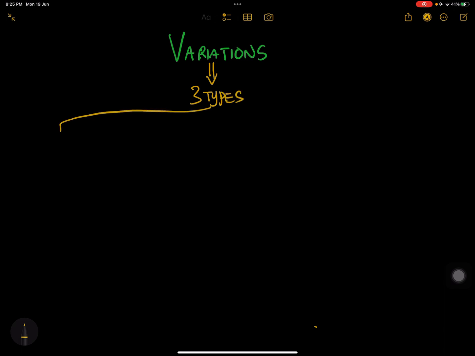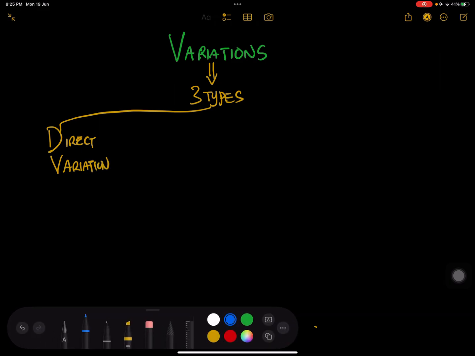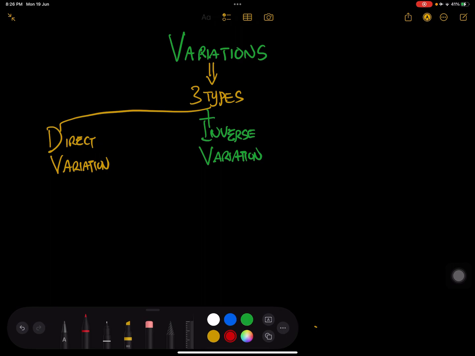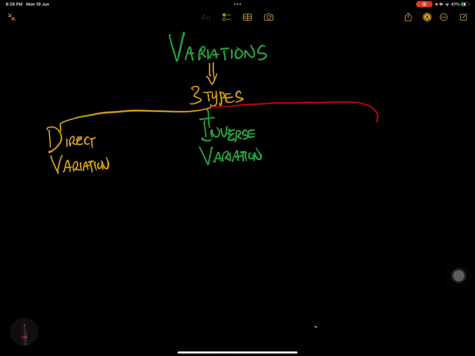The first one is known as the direct variation. The second one is known as the inverse variation. And the last one is known as the partial variation. Okay, so with direct variation,